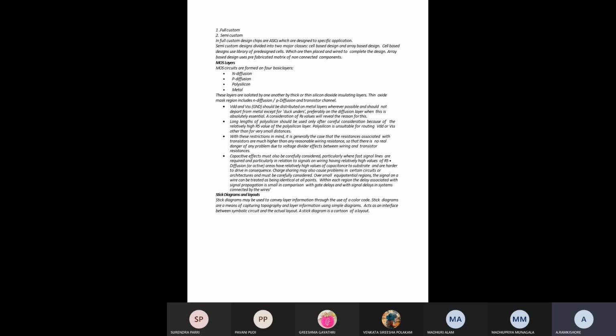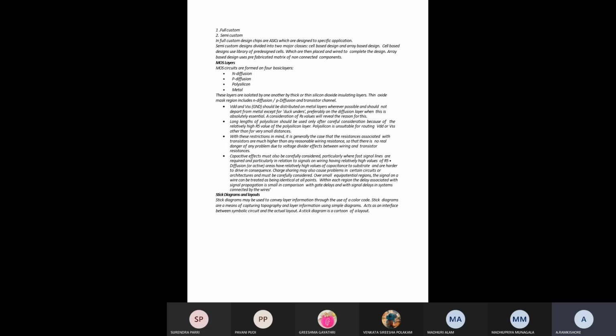So for this we use different layers to manufacture the MOS devices. Now the capacitive effects. We have already seen that different capacitors are formed while designing the MOS transistor. Every layer is isolated with dioxide material, so the silicon dioxide material and the layers form a two parallel plate capacitor.